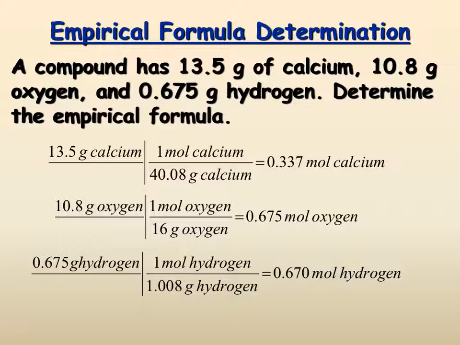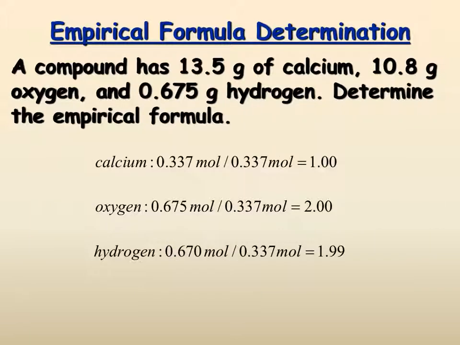Your next step is to determine which one is your smallest number of moles and then divide everything by it. Okay, so the 0.337 is our smallest number. So if I take all of my mole numbers that I calculated and divide them all by 0.337, I get 0.337 divided by 0.337 is 1, 0.675 divided by that is 2, and 0.670 divided by 0.337 is 1.99, or essentially 2. Okay, so these give you very close to whole numbers, so we're going to use these numbers for